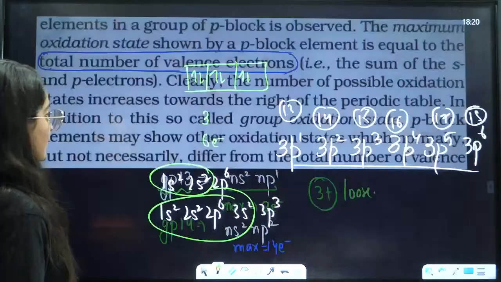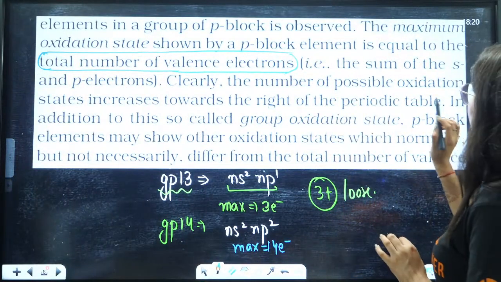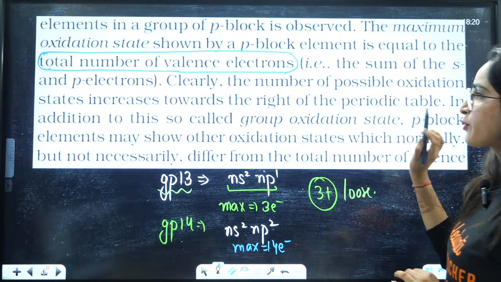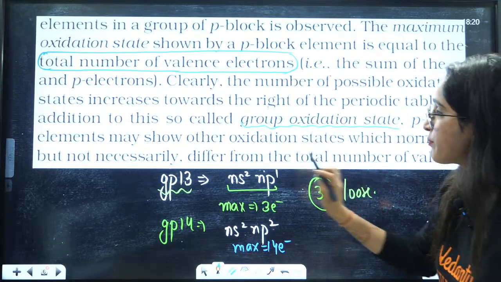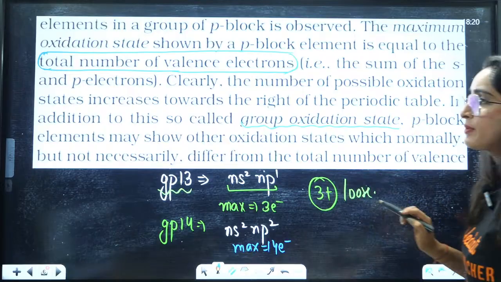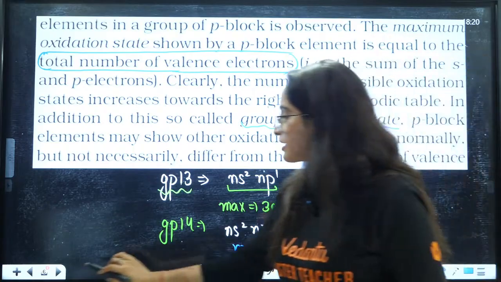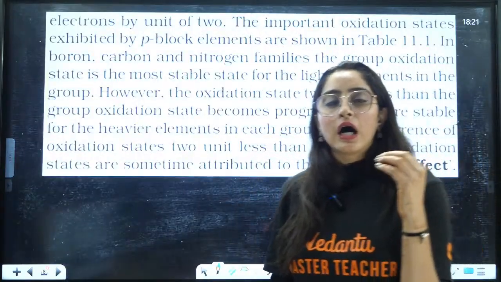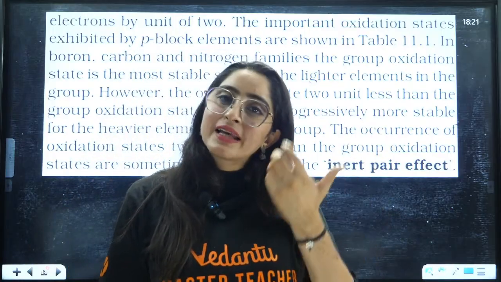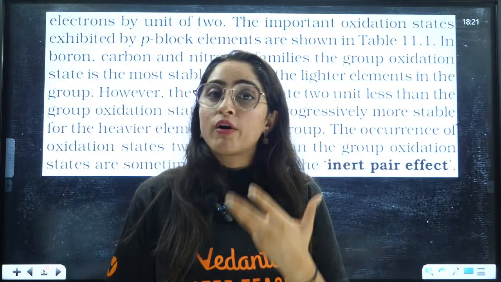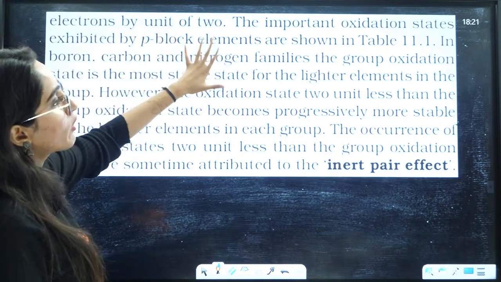Okay. Next is, clearly the number of possible oxidation states increases towards the right in the periodic table. In addition to this so-called group oxidation state, p block elements may show oxidation states which are not necessarily the same as the total number of valence shell electrons. They are saying that this is the general oxidation state that it will show, but it can also show other oxidation states apart from the general oxidation states. The important oxidation states exhibited by p block elements are shown in table